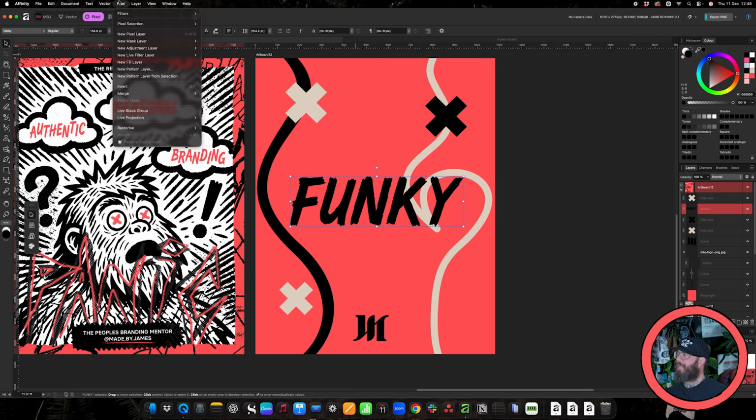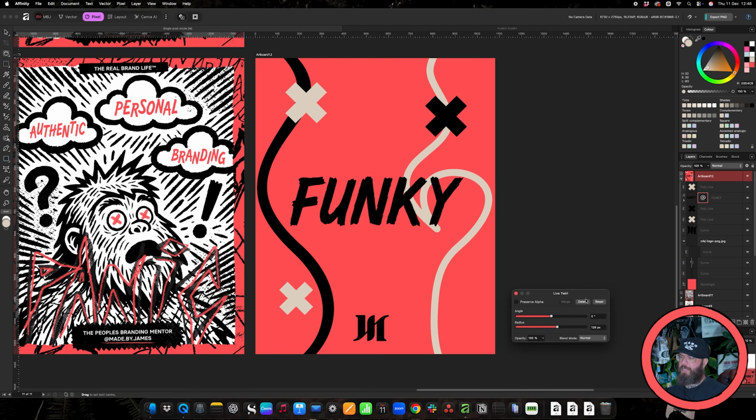So I'm going to hit Pixel, then go to New Live Filter, then Distort, and then Twirl. And then you'll get this lovely little thing up here, and you can play with stuff. What you'll notice here is I've now got a live filter going through this type. And if you look at my layer tab, my layer stack, you'll see that this twirl is attached. I'll make it a little bit bigger so you can see, it's attached to the type itself,